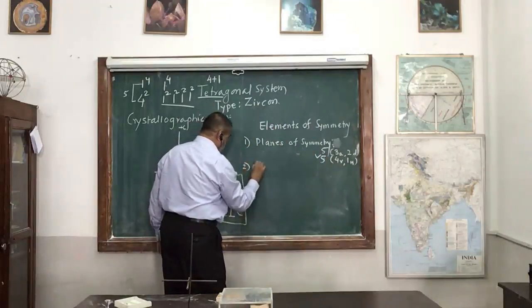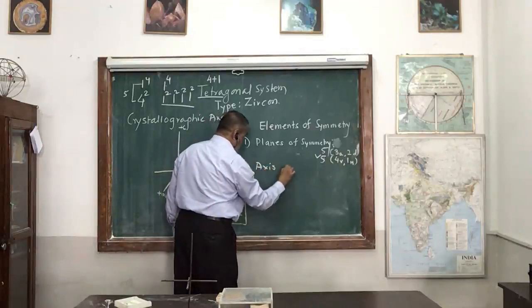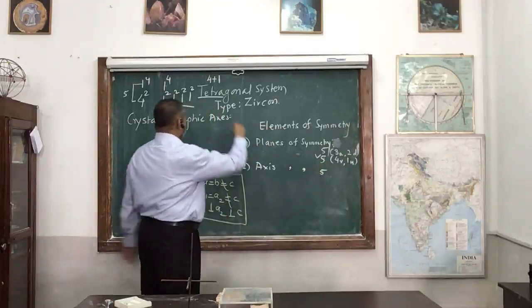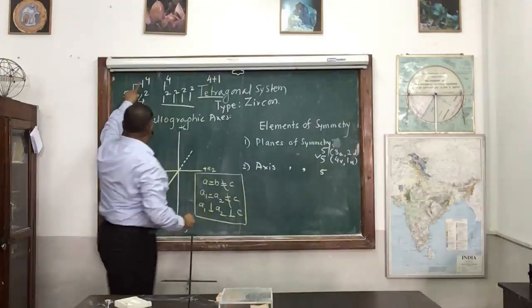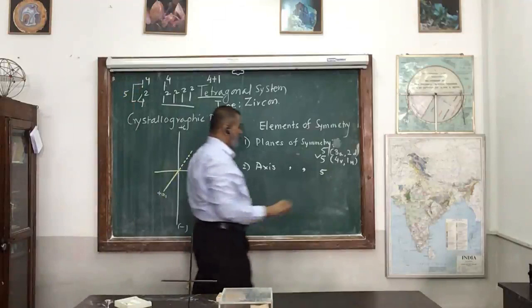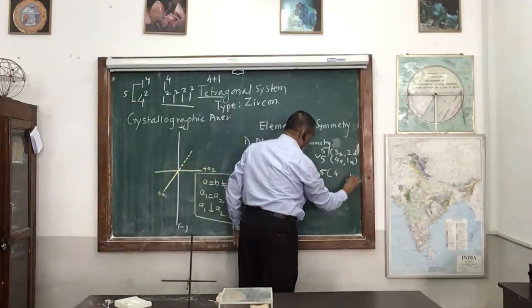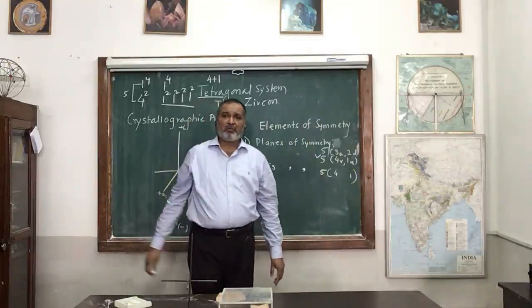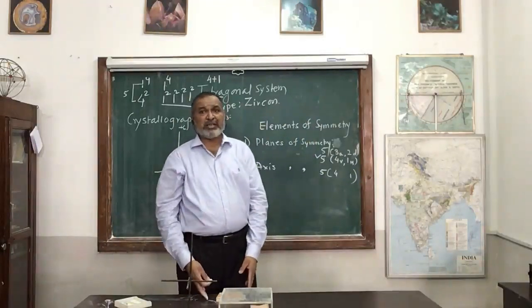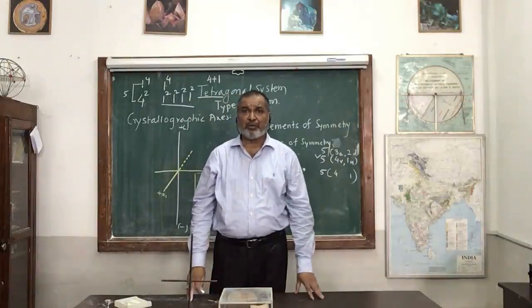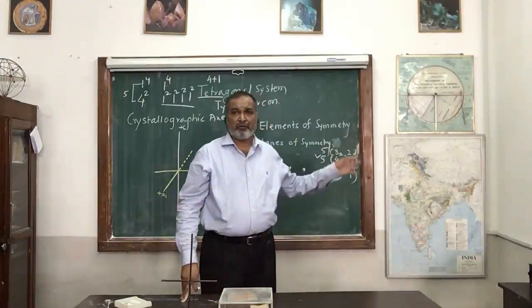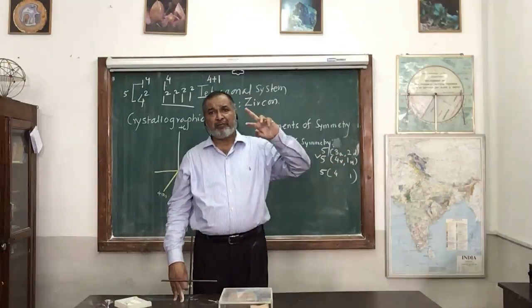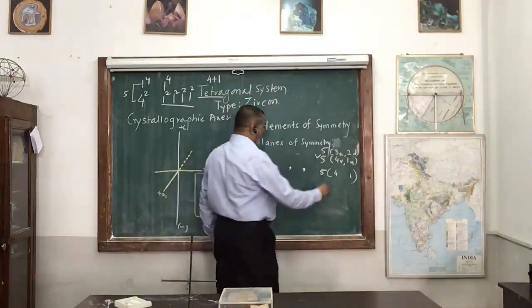Now come to the next one. Axis of symmetry, which is also 5. 4 plus 1, that is the 1 and 4. So 4 vertical, 1 horizontal. Now simple rule. There is again no need to remember how much fold it is giving. So the rule says the highest number will give you the minimum. The highest number is 4. 4 axes are the highest number, will give the minimum. What is the minimum? That is the face coming twice. So 4 of 2 fold.